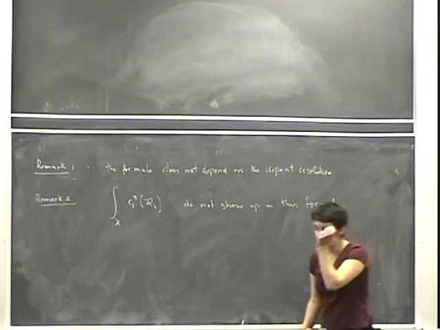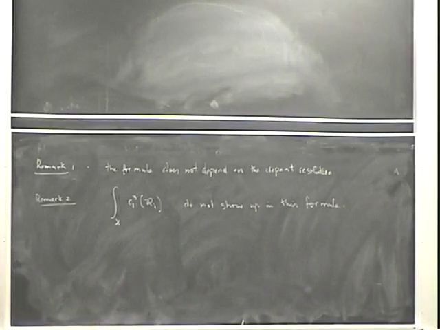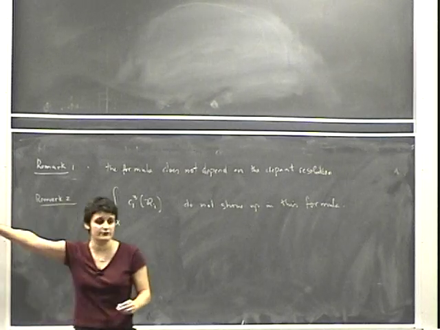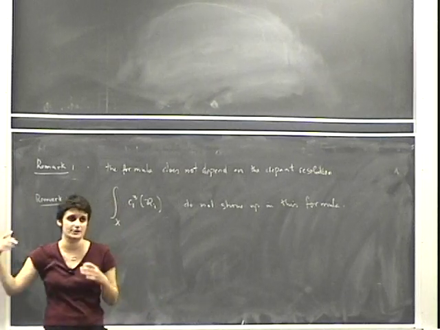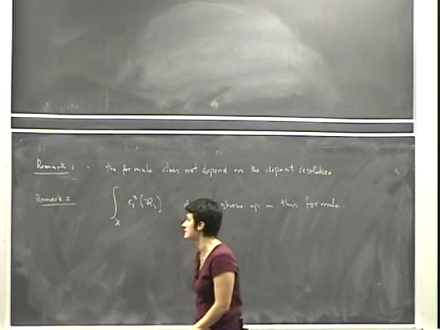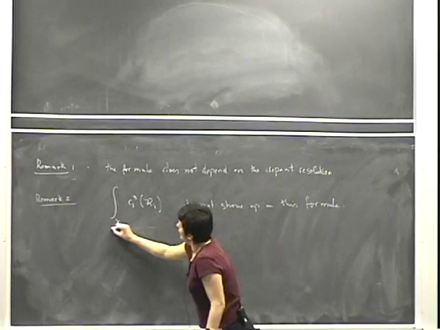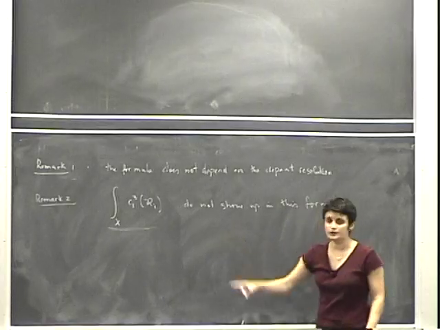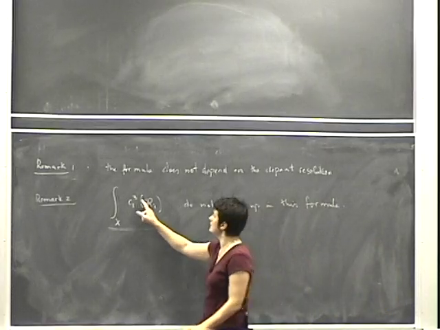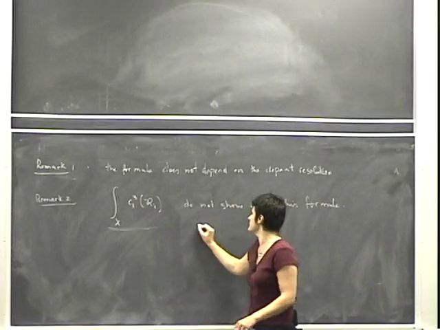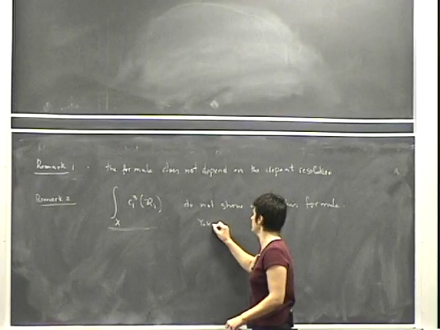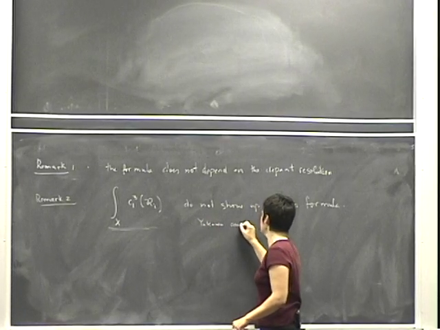And the reason for this is that in getting this formula, I was somehow trying to get rid of the A-hat genus, because I didn't tell you how to compute the A-hat genus. Now, if you want to get such formulas for C1 cubed, which is, by the way, the Yukawa coupling,